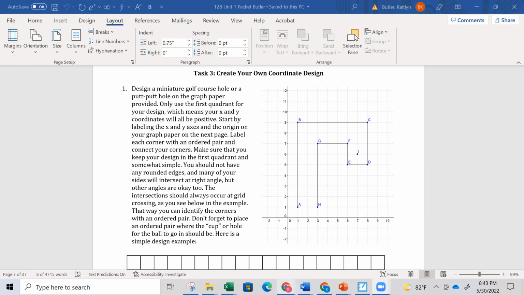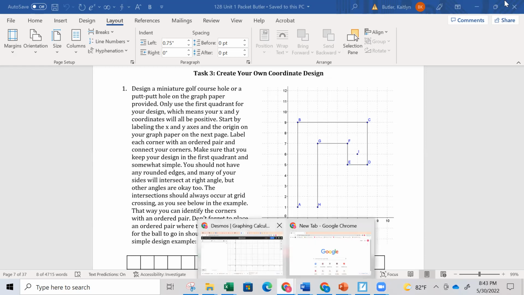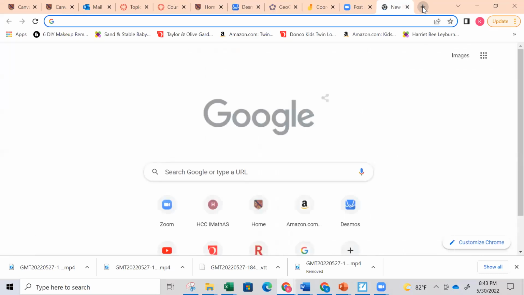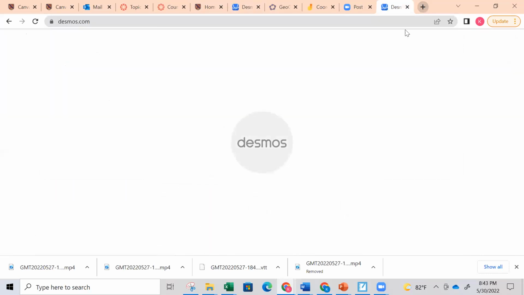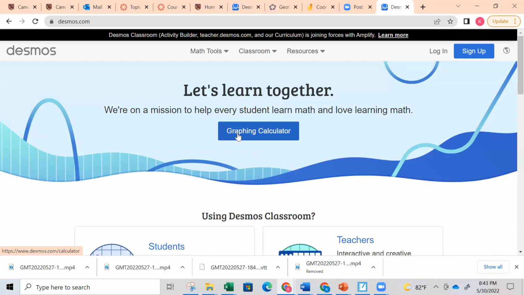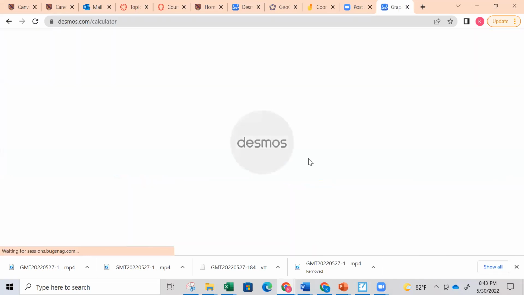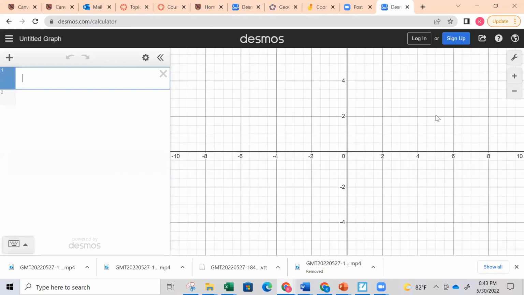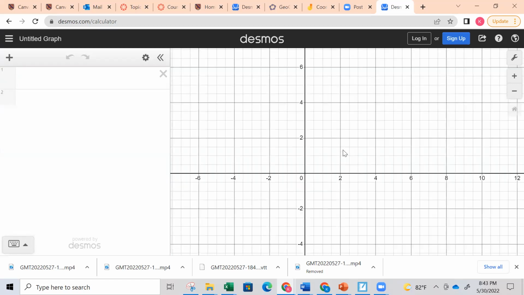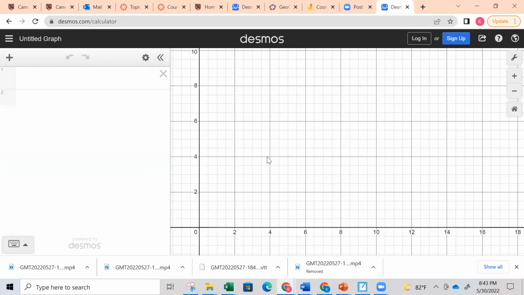So for Desmos, if you just go to Google and type in desmos.com and then click on graphing calculator, it will give you a coordinate grid. And I'd recommend just moving over to the first quadrant because it's easier to graph your hole in the first quadrant. So for this hole, I'm going to graph the hole on page 7 in your packet